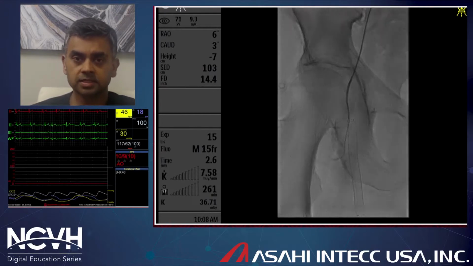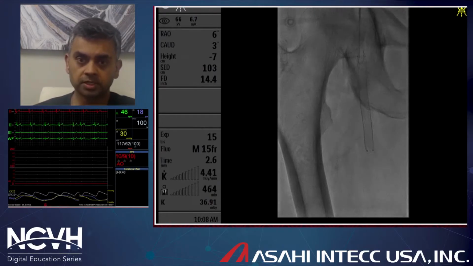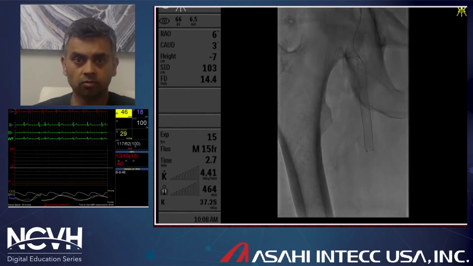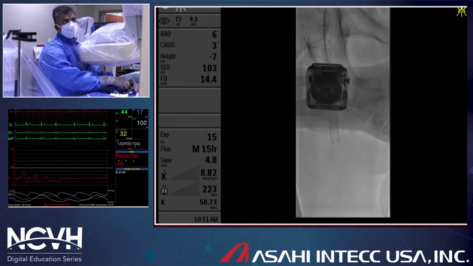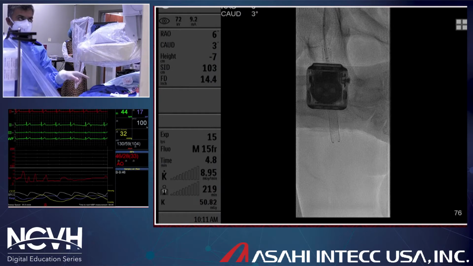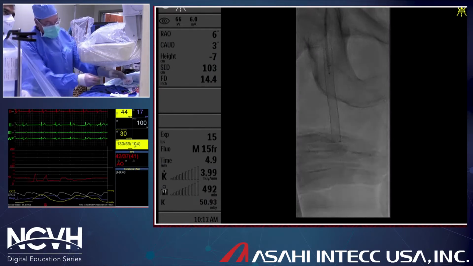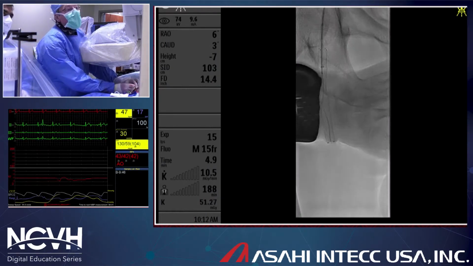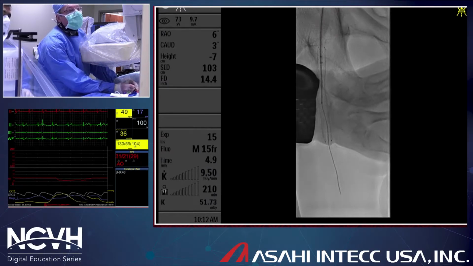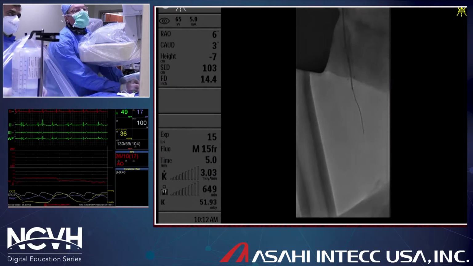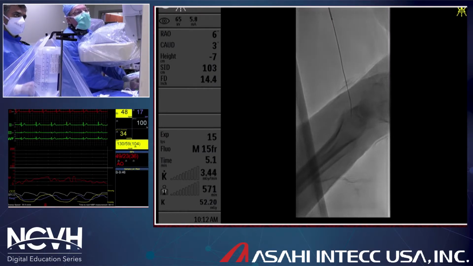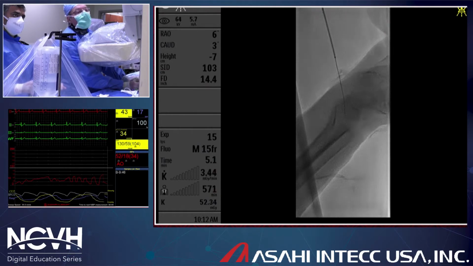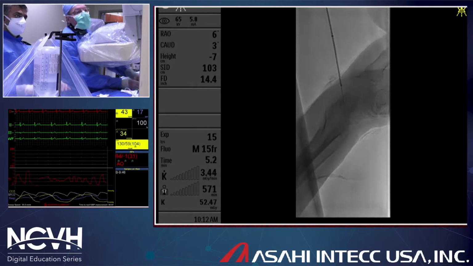The next step in this case would be changing it to a long sheath, which can be placed into the common femoral artery. And from there on, we will perform intervention and recanalization of the right SFA. As you can see in this particular point in the case, my sheath is slightly into the SFA stent. Now, when I try to cross these SFAs and there is an ostial stent, I try to take the glide wire right into the stent and then put the sheath a little bit in. What it does give me is a little room or purchase, so that when I'm using force to cross the SFA, the sheath does not back out easily.